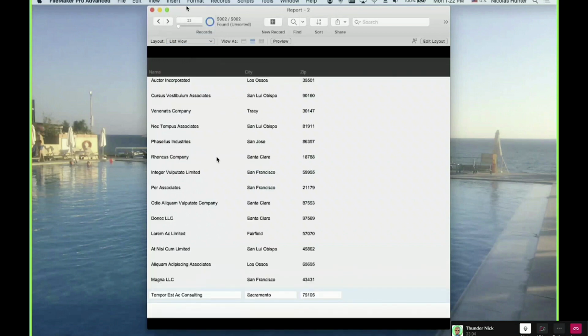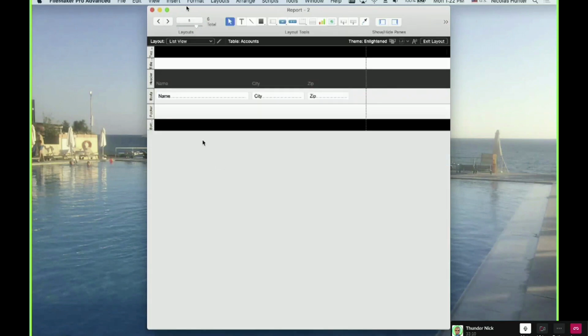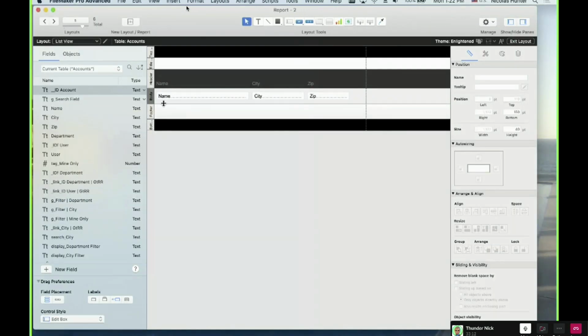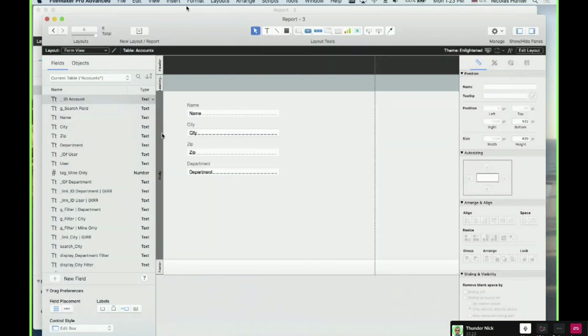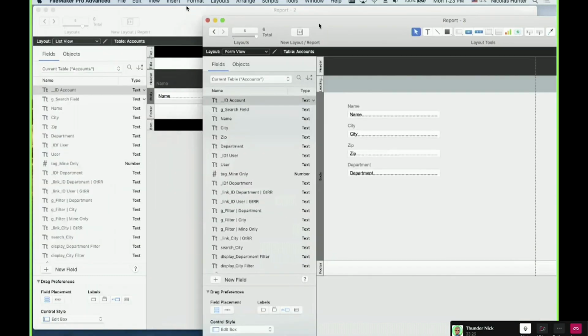That makes sense, because in list view you want to be able to see multiple records at a time. So long story short, this body is the equivalent of this one in this layout. But here the body is much taller, because you can make a body smaller.